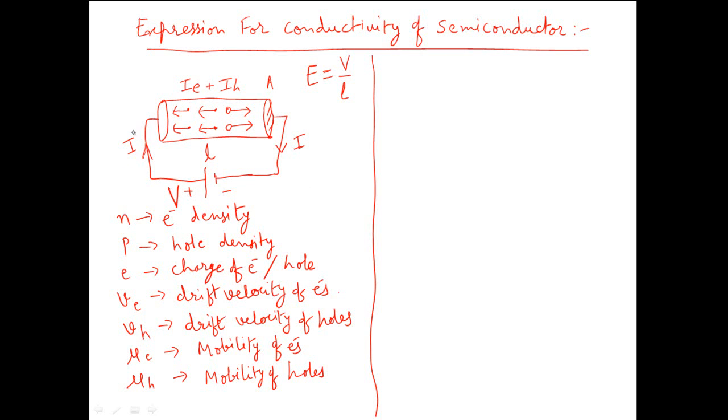When no voltage is applied to this specimen of semiconductor, it has free electrons and free holes, and according to free electron theory they are free to move in all possible directions randomly inside the semiconductor. But as soon as you apply the potential difference of V volts to the end faces of this semiconductor, the random motion of electrons and holes becomes directed motion, and the electrons being negatively charged will get attracted towards the positive terminal of the battery, while holes being positively charged will get attracted towards the negative terminal of the battery.